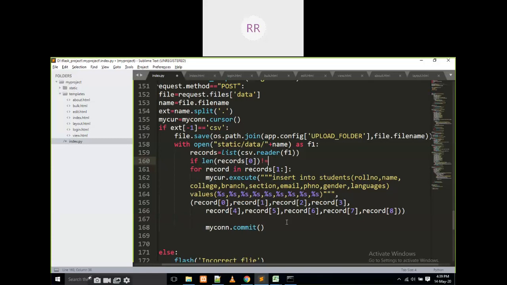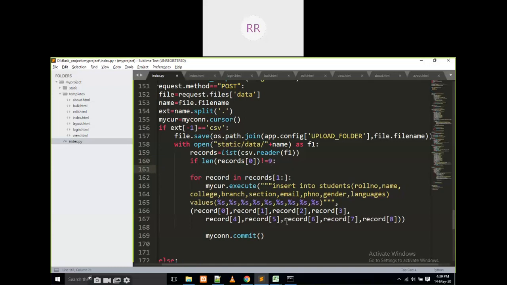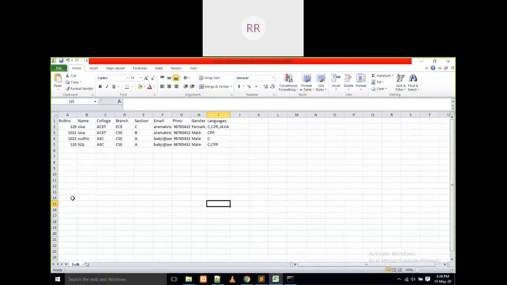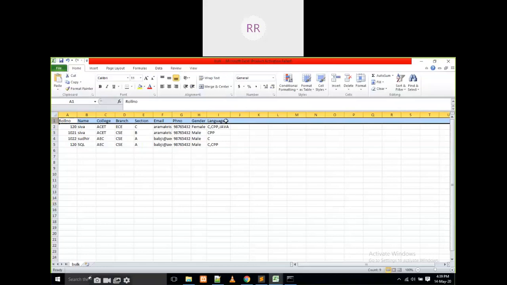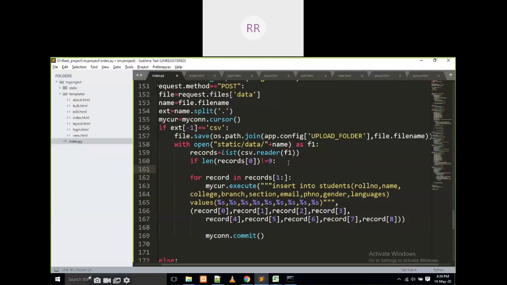For example, we already know how many fields in our database are required: 1, 2, 3, 4, 5, 6, 7, 8, 9. That means I am going to calculate this 0th index, how many columns are there. Yes, 9 columns are there. If it is not equal to 9,